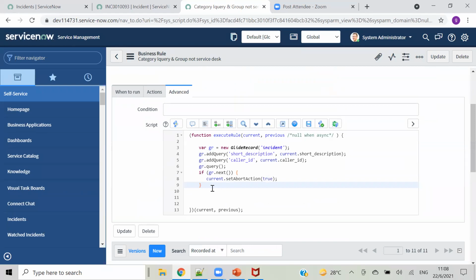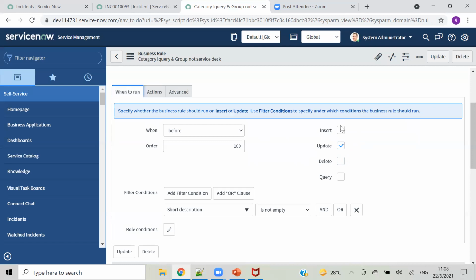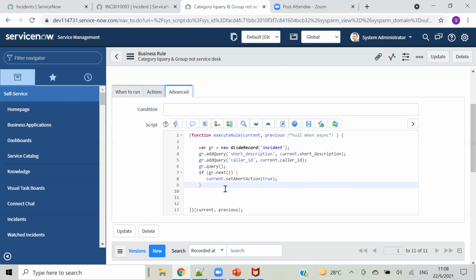We can't use another option in that line. Which particular line? You are saying about line number 7.